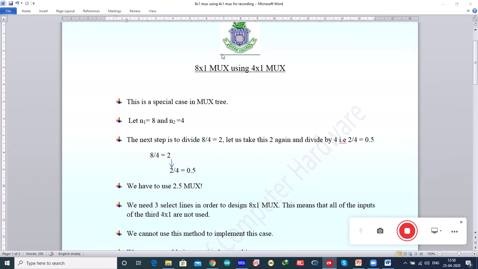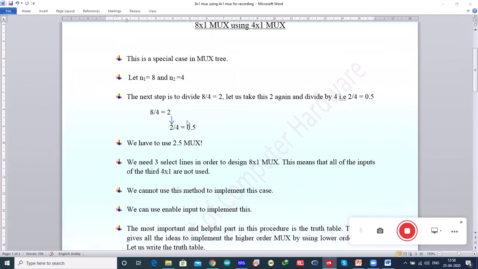Here we require an 8 by 1 mux which has 8 data lines, that is 8 input lines, so let n1 equal 8. But what is available is a 4 by 1 multiplexer which has 4 data lines, so let n2 equal 4. The next step is to divide 8 and 4. You will get 2. Let me take this 2 again and divide by 4. You will get 0.5. We are doing all this to find out how many multiplexers are to be used,